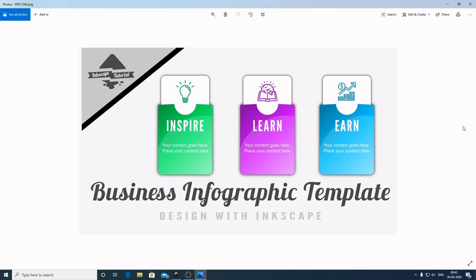Inkscape is a free alternative to Adobe Illustrator, which is also a vector graphic designing software, but comes with a premium price tag. You need to pay a huge sum of money to own it. It costs 1420 per month, which equals $19 per month.